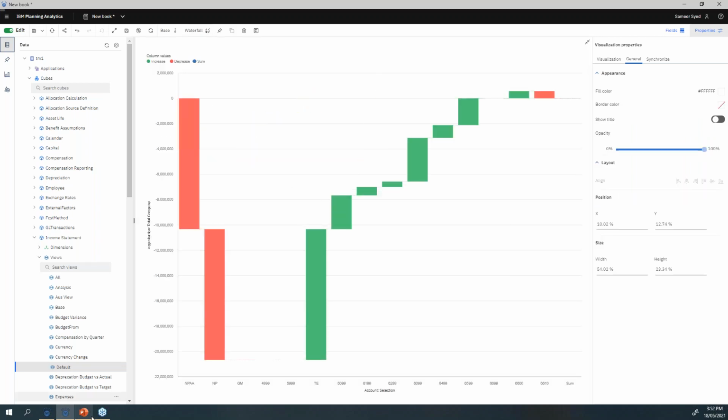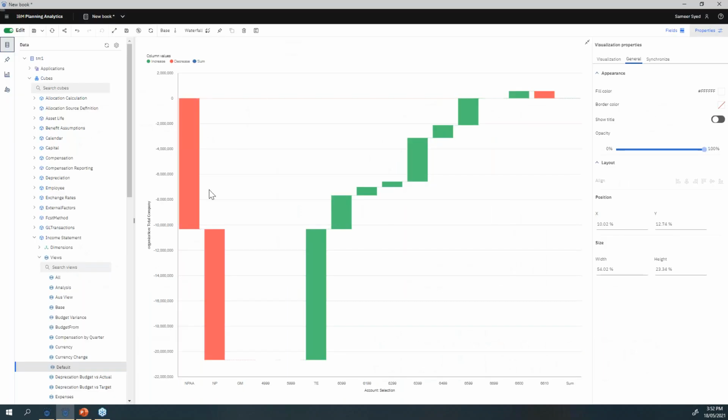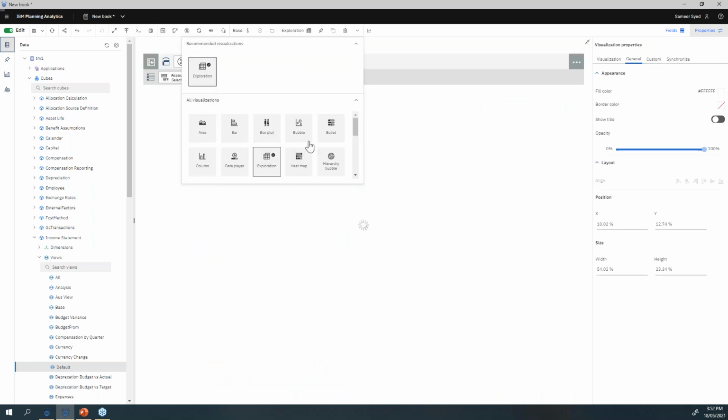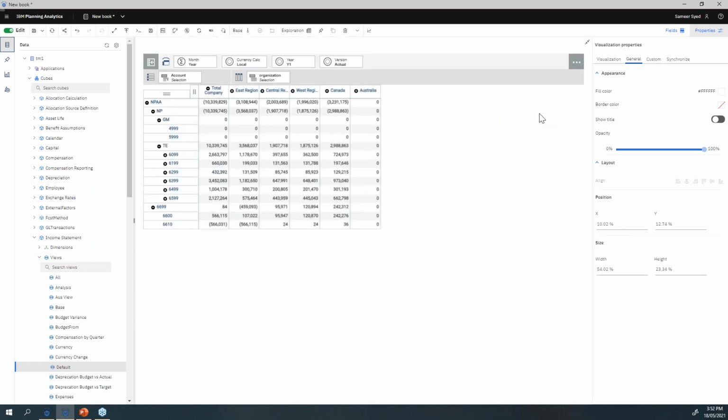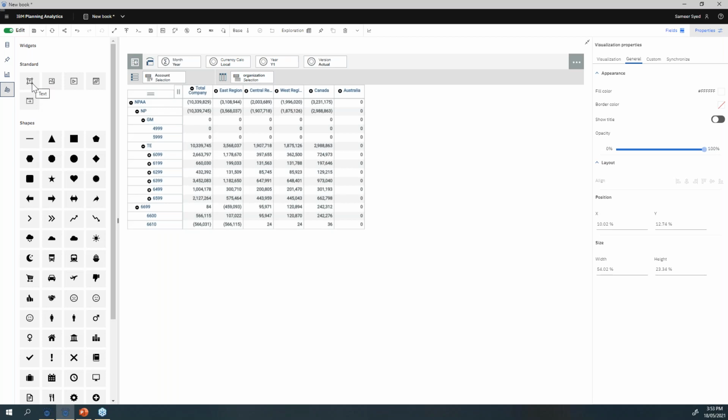Right, so the last feature I wanted to showcase, so that's the last one I have. So the action buttons. Right, so let me go back to this exploration view. And now let me grab a button which is used for action button. Right, I'm going to bring this action button.